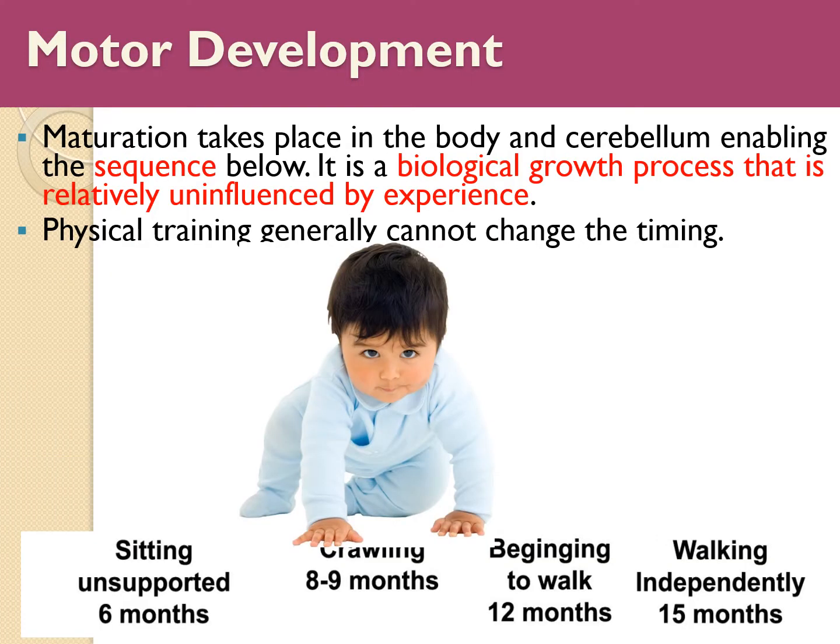Now, a couple of terms you need to know, main one being sequence. Sequence means that you're going in the same order. So sequence and order essentially mean the same thing. Now, for stage developmentalists, they believe that your psychological, emotional learning goes in the same sequence as well. It started with our biological growth. So the biological aspect, such as sitting unsupported, then crawling, then beginning to walk, then walking independently, then running, etc., are all things that happen in the same sequence.